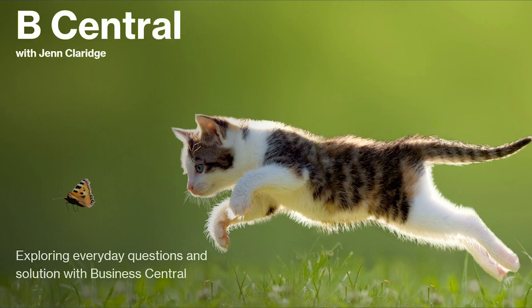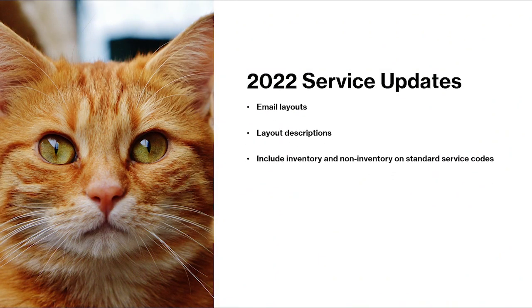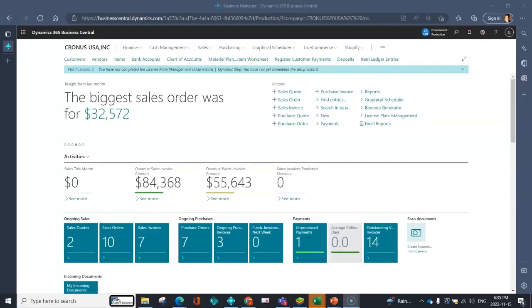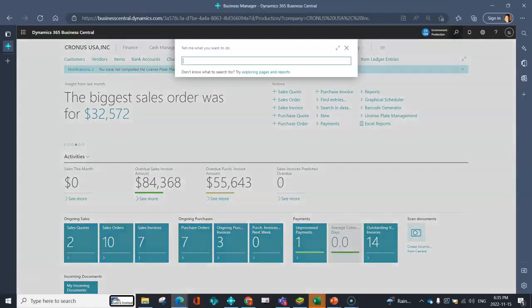In this video, we're going to look at some of the small service updates that were made in the Microsoft 2022 fall release. So they've done email layouts, the ability to use different layout descriptions similar to what you can do in other areas, and the ability on standard service codes to include inventory and non-inventory were introduced in this release. So first thing we're going to do is look at our report selections